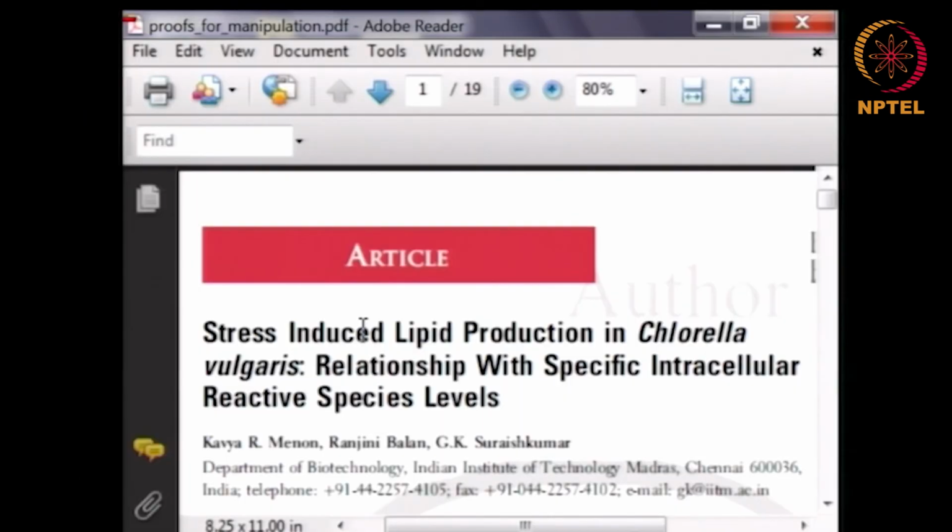Kavya, Ranjani and I warmly invite you to read the paper. In fact, we have made special efforts to make the paper easily readable. The title is Stress Induced Lipid Production in Chlorella vulgaris: Relationship with Specific Intracellular Reactive Species Levels, and I need